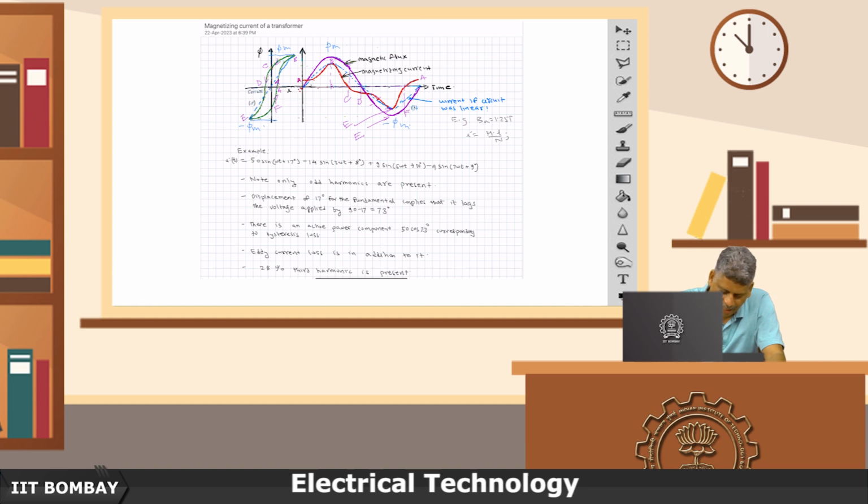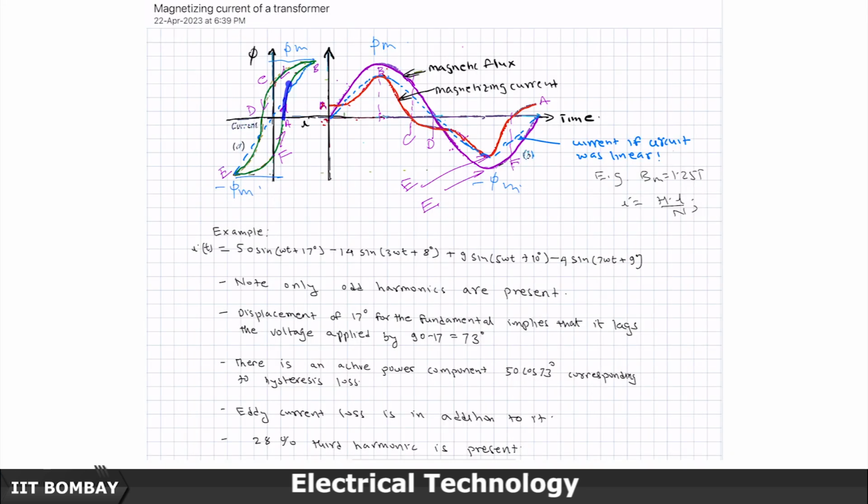you would see also that because initially the slope is high, the current is not rising rapidly, but when you come closer to saturation, slightly like a nose, the current tends to increase a bit more rapidly, and then it decreases also. Current increases more rapidly. Why? Because the slope of the BH curve reduces. So, because the slope of the BH curve reduces, current also drops down a slightly bit rapidly here, and then